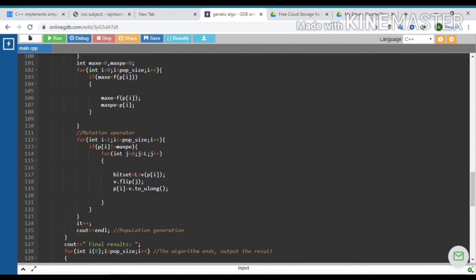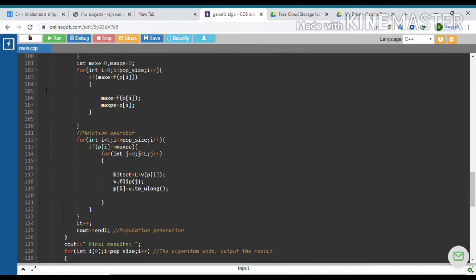If that element is not the one which has the highest fitness, then we mutate it, otherwise we leave that chromosome. By doing this we implement the idea of elitism, which says that in each and every generation we should maintain the chromosome which has the highest fitness.